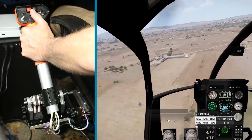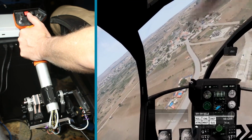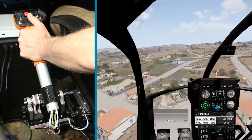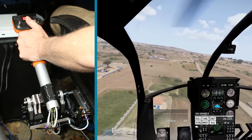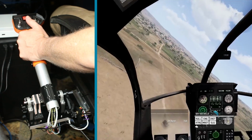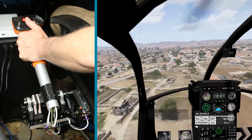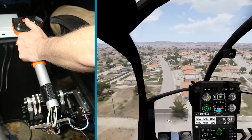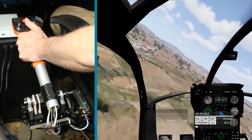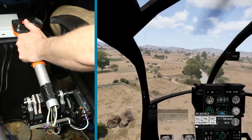We get going pretty fast here. Got a lot of extra buttons on it, but the main control really is this axis to control the collective. That really makes a huge difference when flying. I've used keyboard, I've used mouse, I've used throttle stick from a normal flight throttle, but this just feels really natural. I've never been in a real helicopter. I've never flown one, for sure, but it really feels good. A lot of fine control,